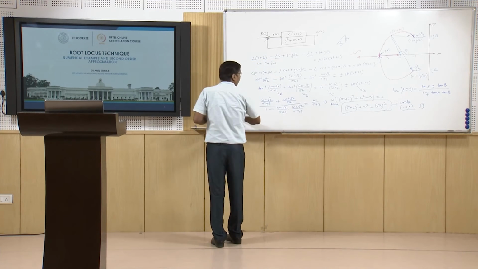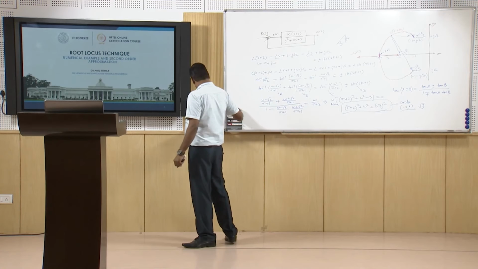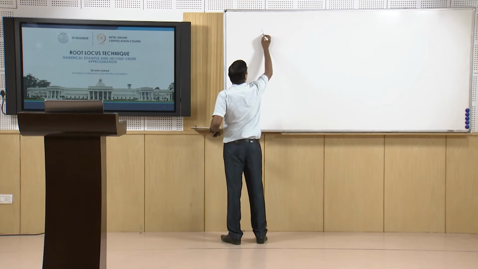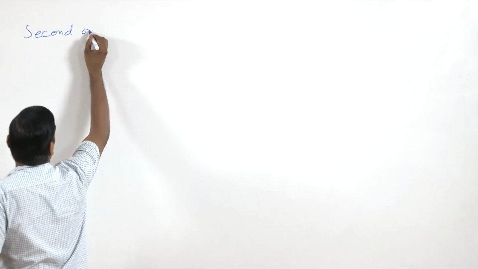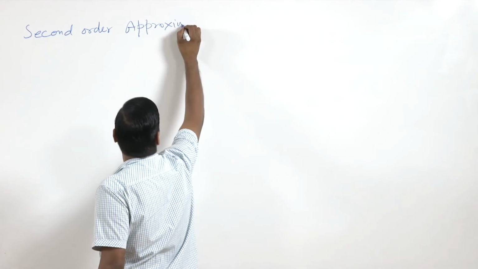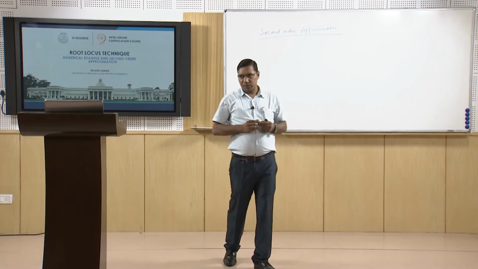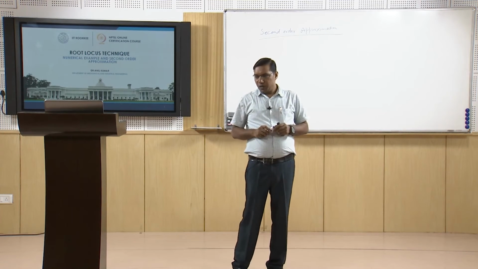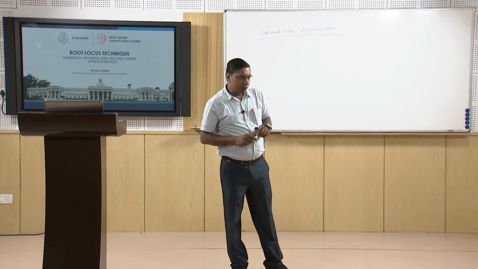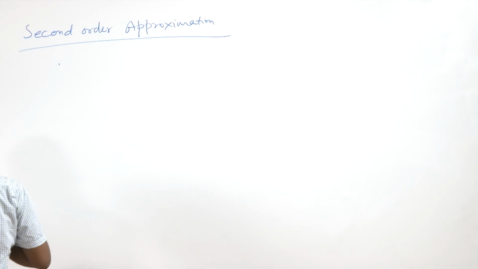So now we come to another important point to discuss, second order approximation. Means if we have a system of higher order, more than second order, how can we approximate it as a second order? Is it possible or not? So let's have a condition when